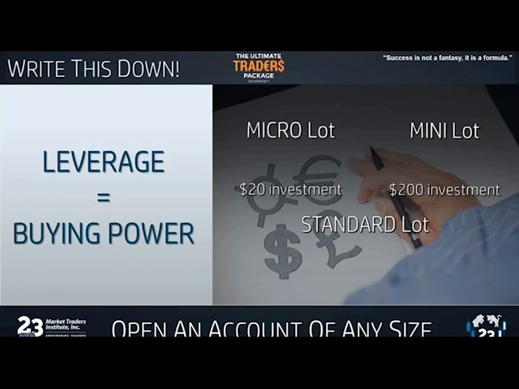You can start with a very, very small trading account and start to learn this. Now, for every mini lot, it's $200. So all it means is $200. It's not a cost, it's just to hold it. I'll explain this in a moment. And then a standard lot is a $2,000 investment. A micro lot is one size, a mini lot is 10 times larger than a micro lot, and a standard lot is 10 times larger than a mini lot.